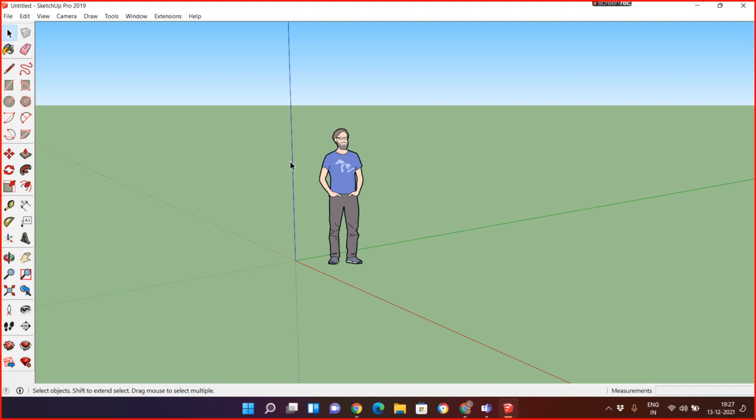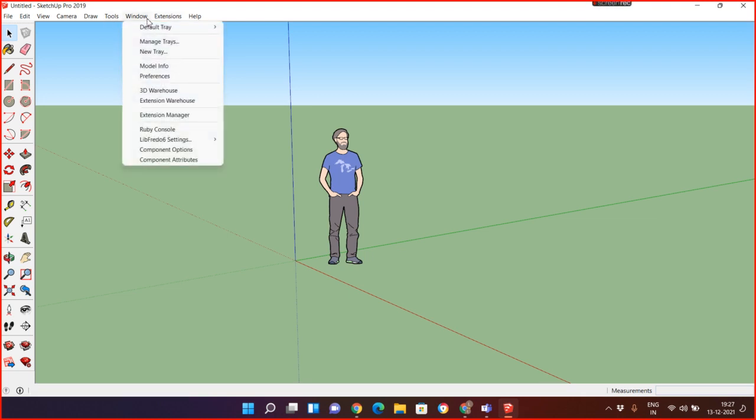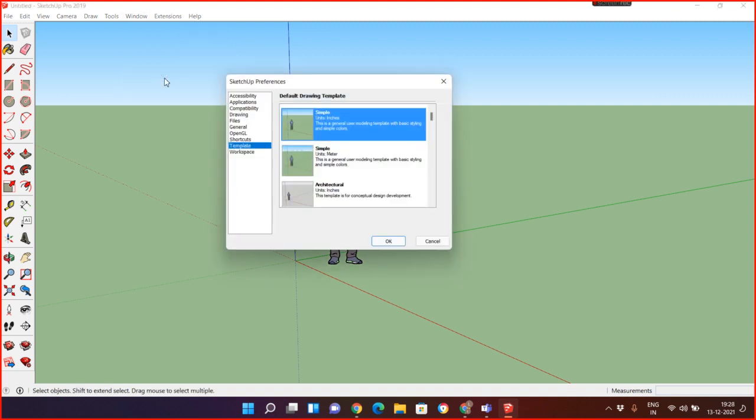Clear? Now next part. Okay, if we're talking about some formatting, how you can set the unit and all. So the first thing is very useful and very important. If you want to work with units and all, you have good options. Go to Window, and the main important thing, the heart of the software, is Preferences. It's the controller of the software, its mind. Like you want to choose which template. So I'm currently working with this one. If I want to change, you can easily change it over here.